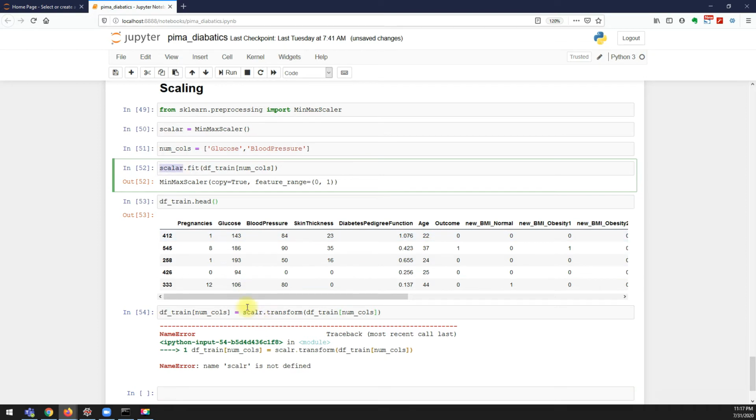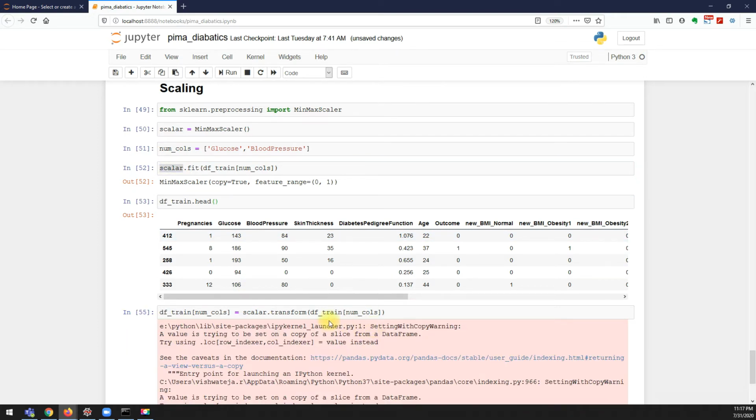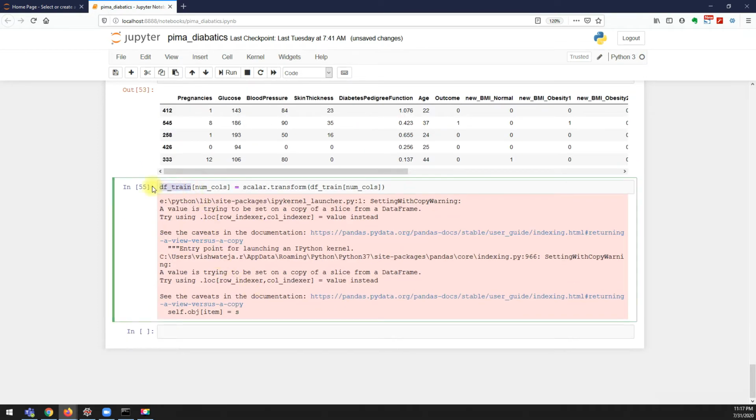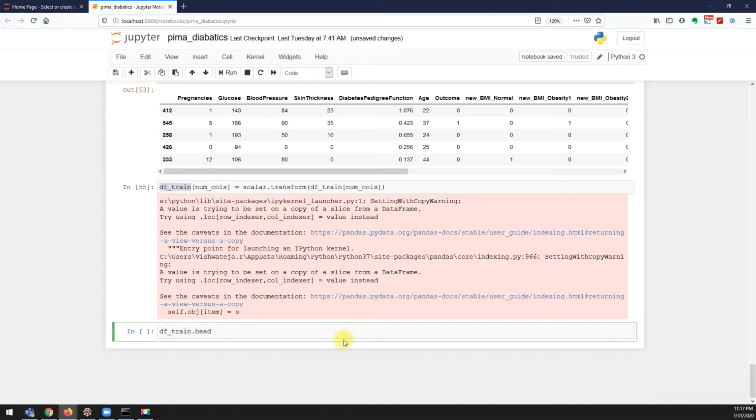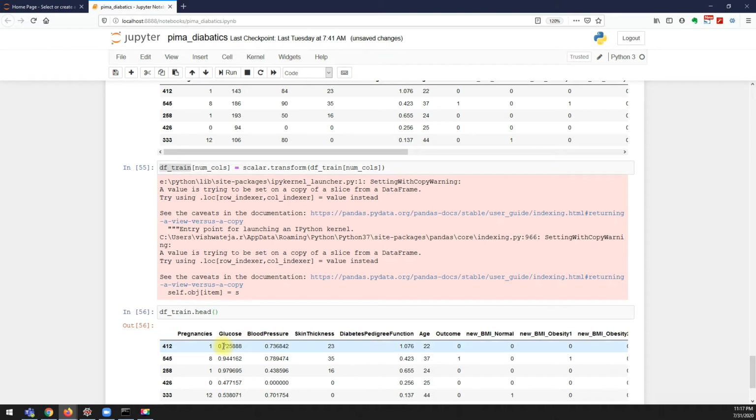Spelling mistake, no problem. This is just a warning, we can ignore it. Did you see the values get scaled?